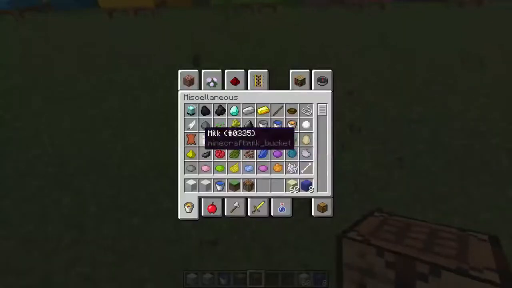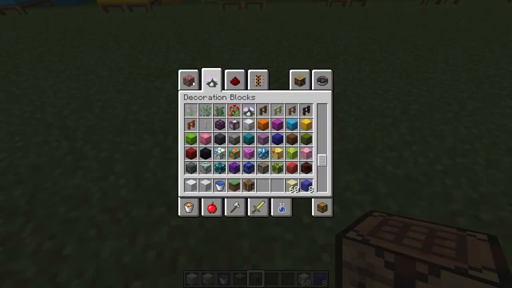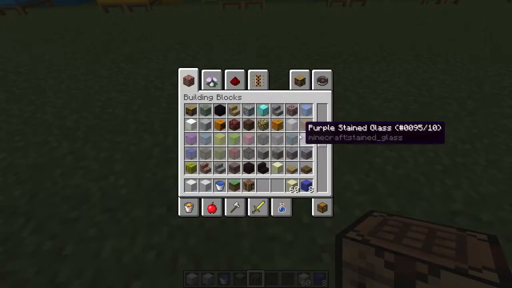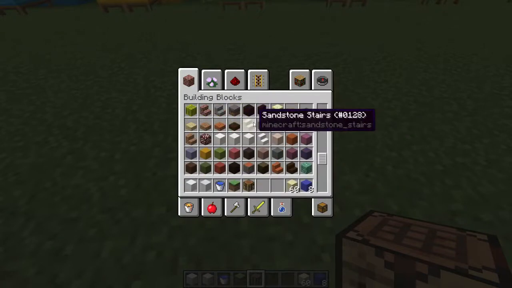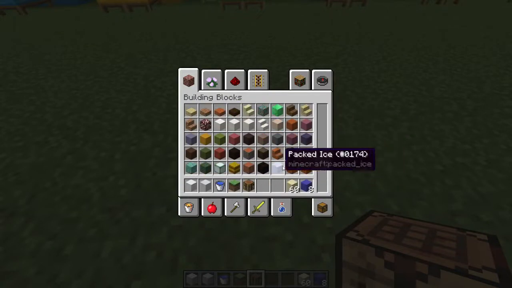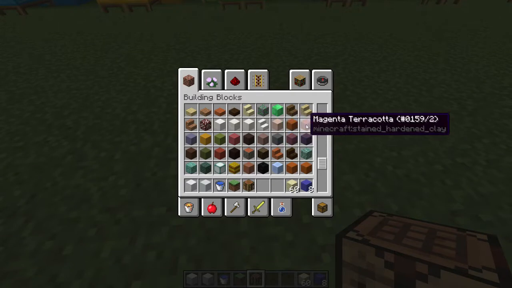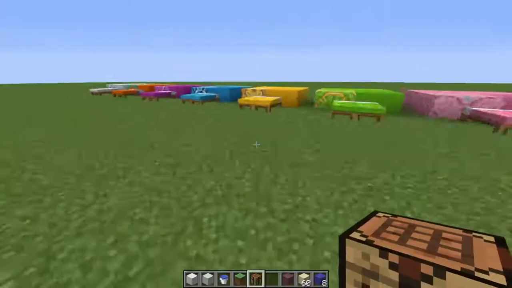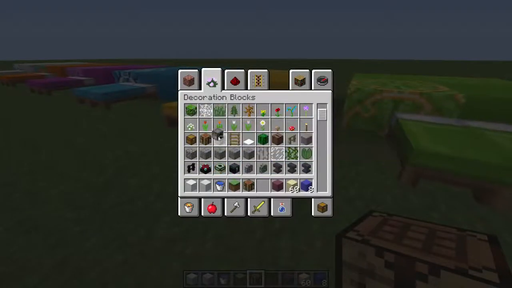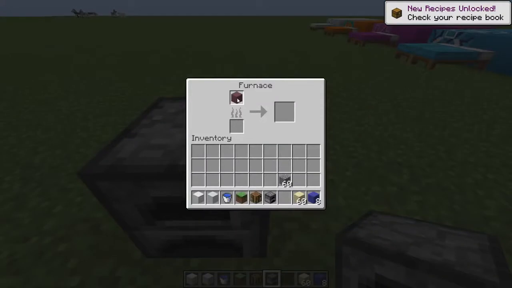So that's how you get the concrete blocks. But I'll show you another thing. Just right here, you can now see that hardened clay is no longer called hardened clay or stained clay. It is now called terracotta. So white terracotta, orange terracotta, magenta terracotta. So let's get some purple terracotta, and the way you get glazed terracotta is by taking a furnace and